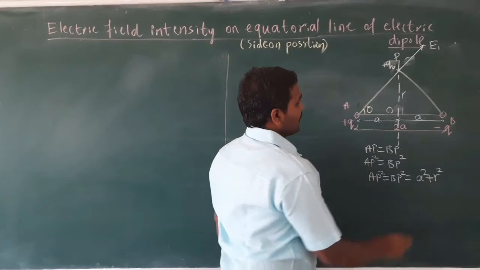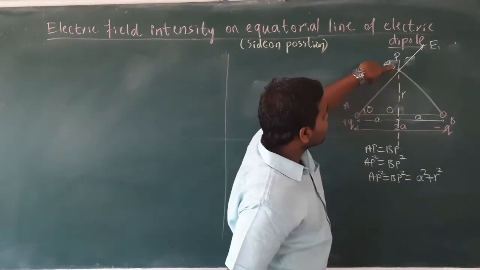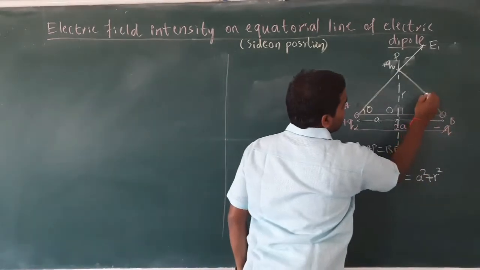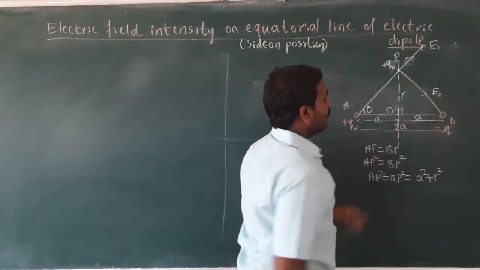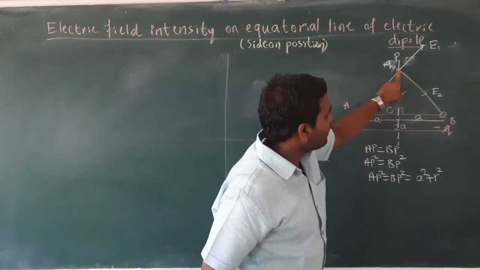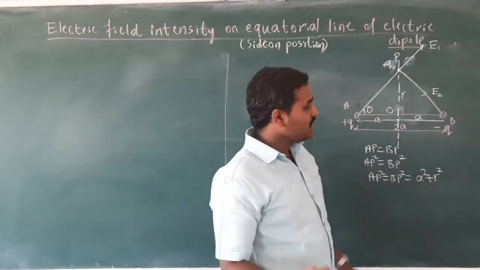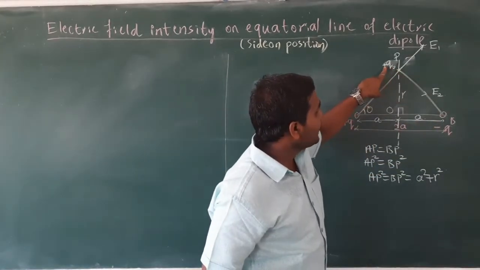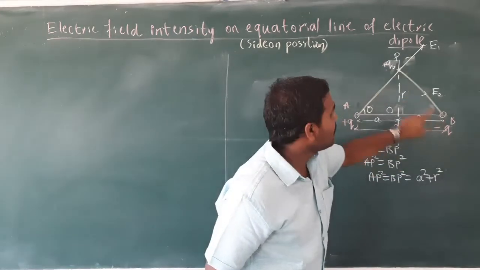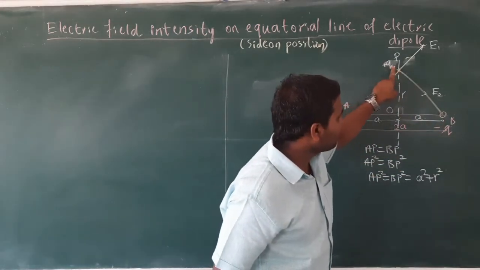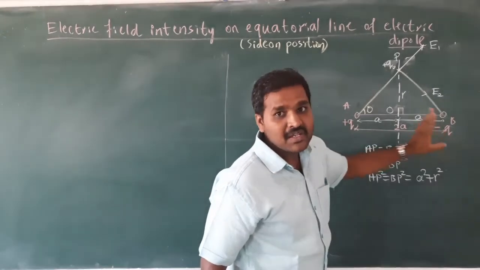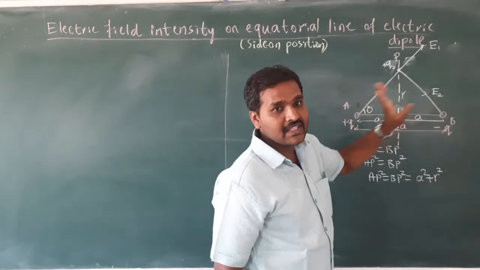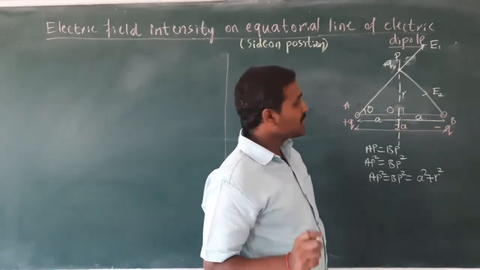Okay. Similarly, let us consider electric field intensity at P because of minus Q charge. That I write as E2, and look at the direction of E2. It is from P to B, because when I consider minus Q as the source charge, this test positive charge is attracted by minus Q charge. So this test charge moves from P to B because of attraction by minus Q charge. Okay, that is the direction of electric field intensity E2. I hope it is clear.